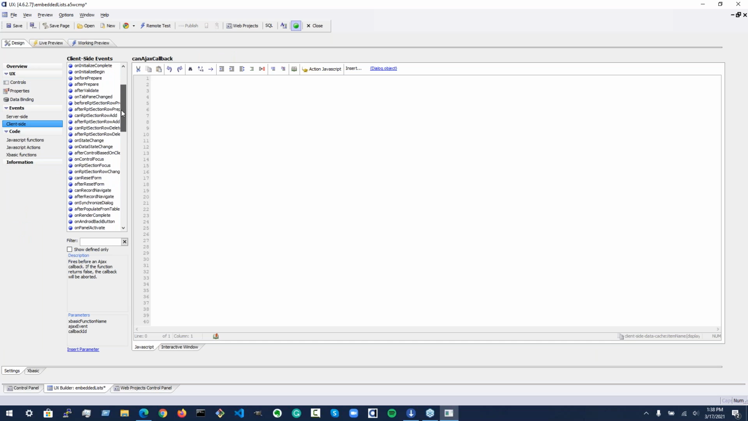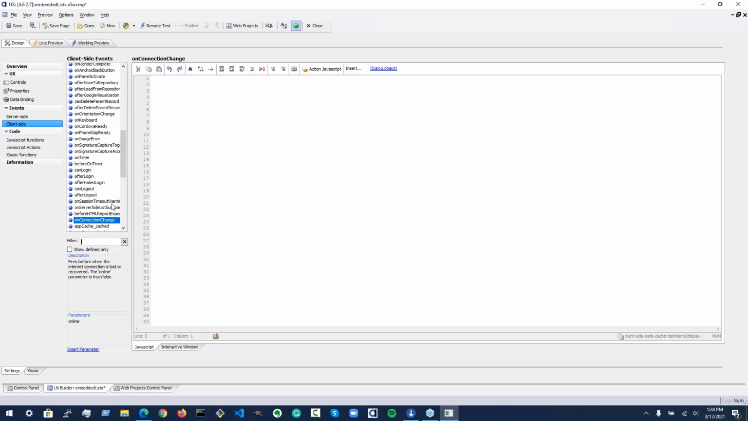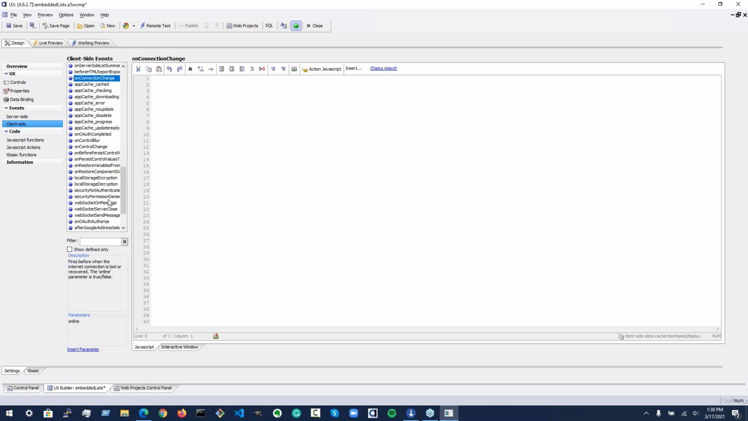There's an event called, what is it? There are two, I think. One checks whether you have a connection, and one checks whether or not you have a connection to the server. On connection change. Okay. Yeah. I think it's this one. These aren't alphabetical, but I believe it's this on connection change one,